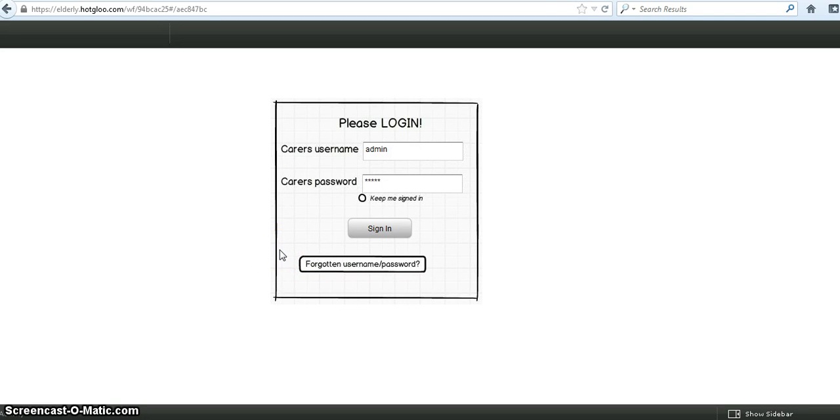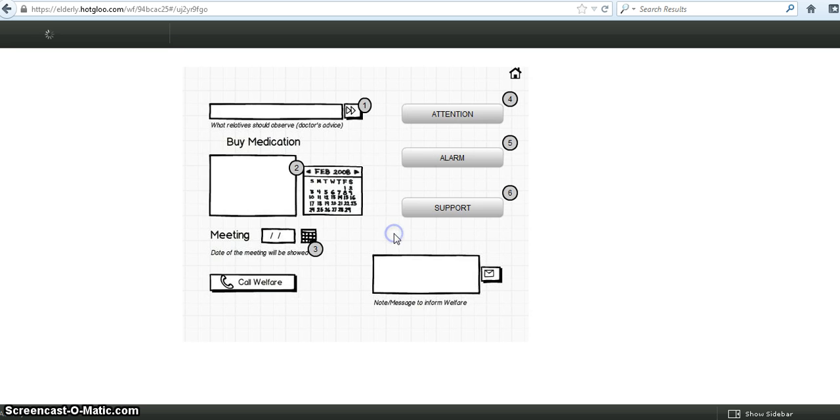In this video we will try to show some functionalities that this interface offers us. I'm going to show the prototype of daily activities, and later on Elona will show the other part of general health information. Login part is where carers should write their credentials to login. After the login is successful, they are going to be redirected to the screen, which is divided into some parts.